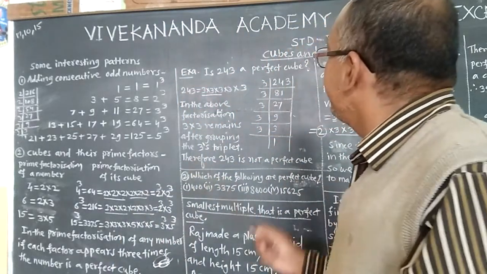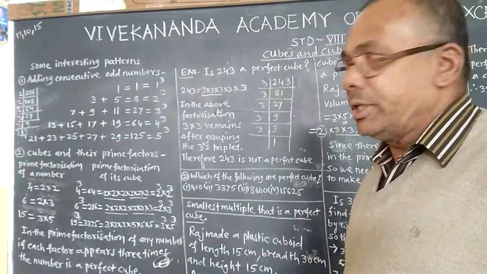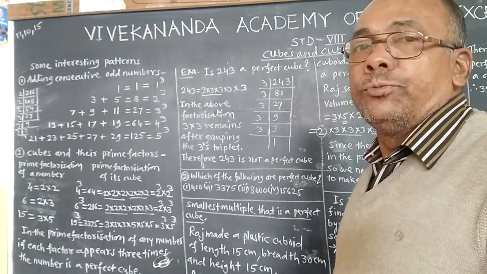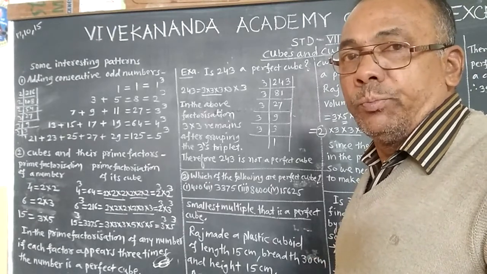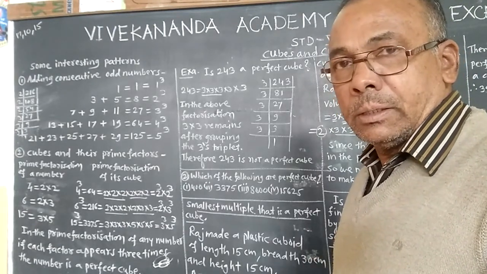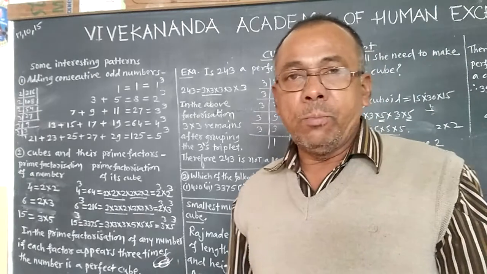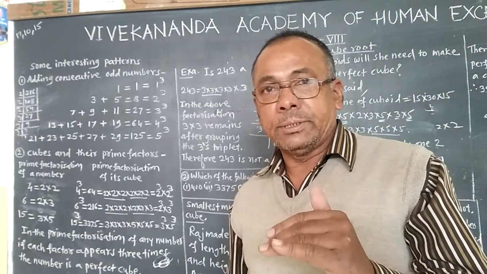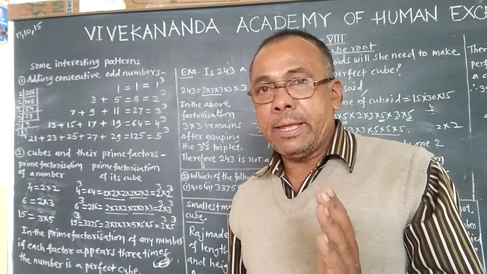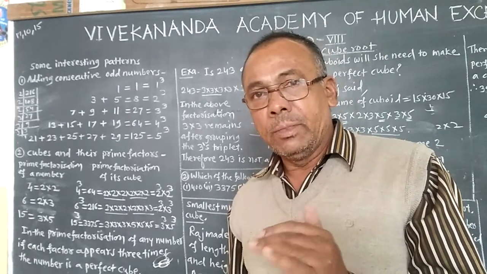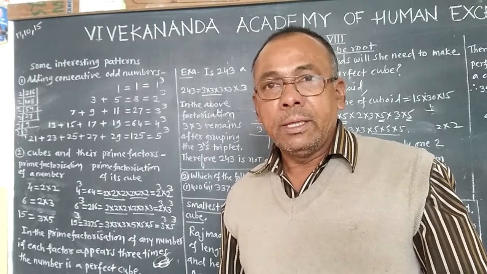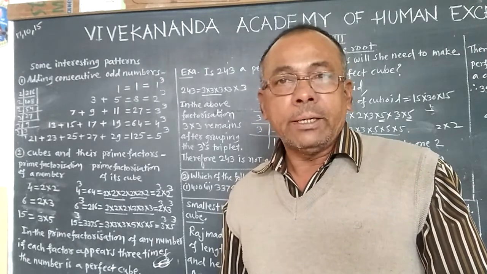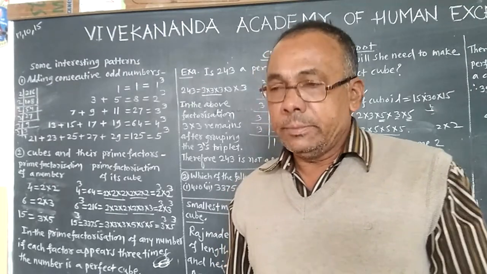So last time we have seen what are cubes, or what is meant by cube of a number. We have seen that if we multiply any number by itself 3 times, then the product is called the cube of that number. Similarly,